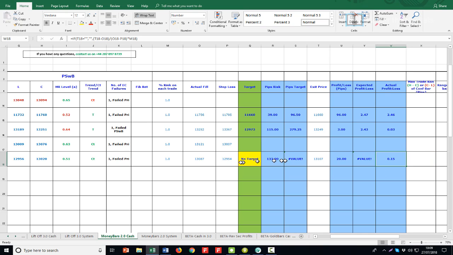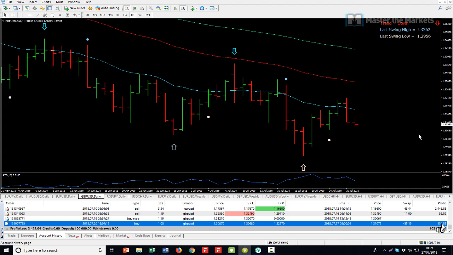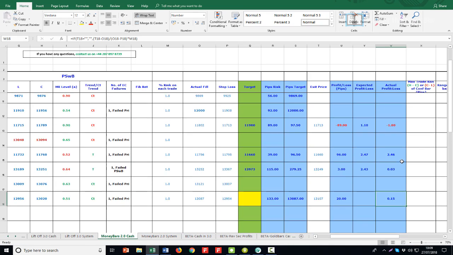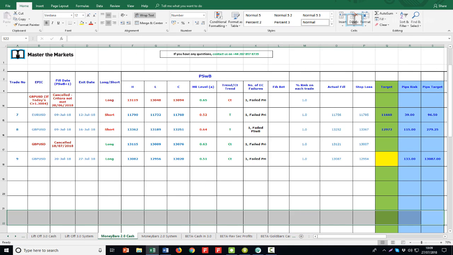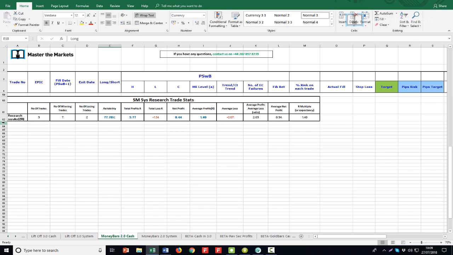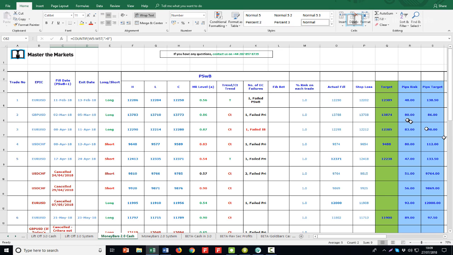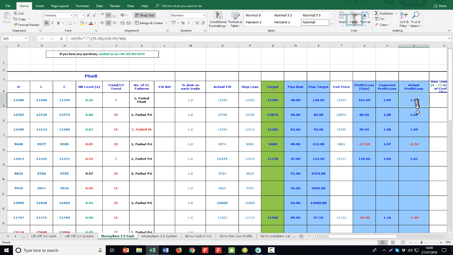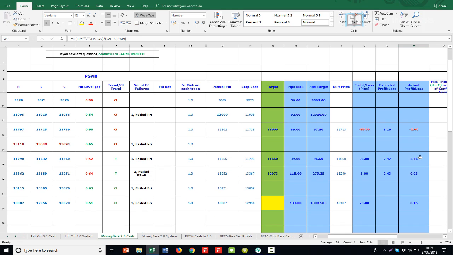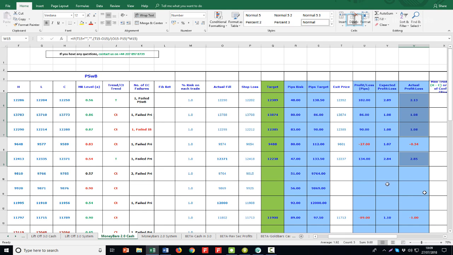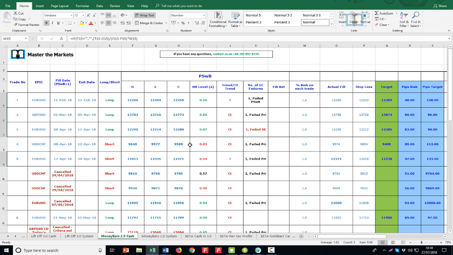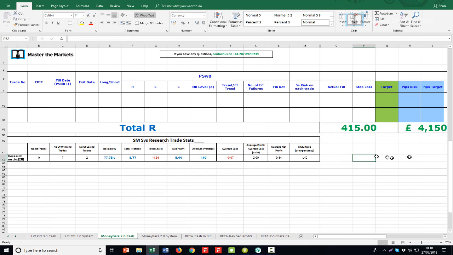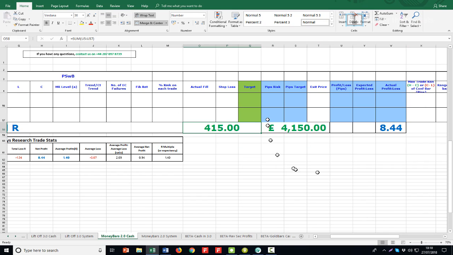So you can see we did bank a 0.15% profit, 20 pips just there, representing, as I said, that £154.88. Not really too worried that it didn't reach its target. Let's see how many trades we've taken so far. You can see we've taken 9 trades so far, of which 7 have been winners, only 2 losers. And of the 7 winners, you can quite clearly see that five of them out of 9 trades have hit their profit target. So you can see that the Money Bars model is of course up 415 pips